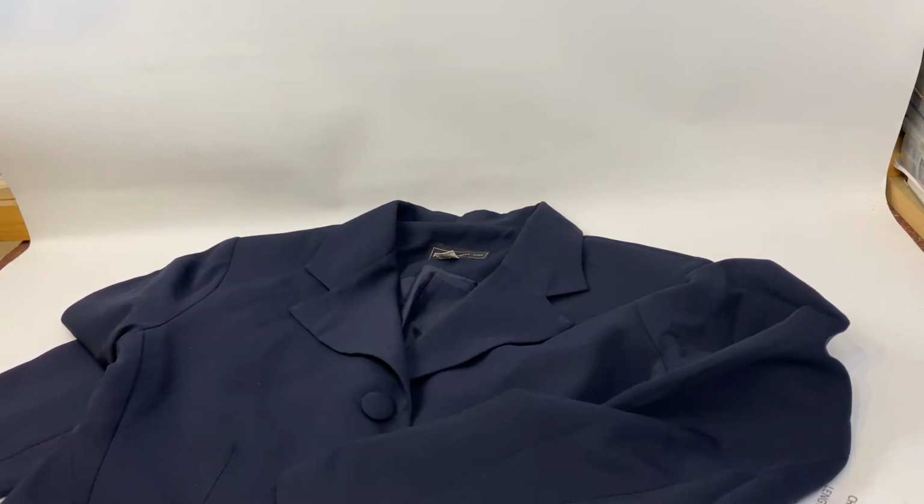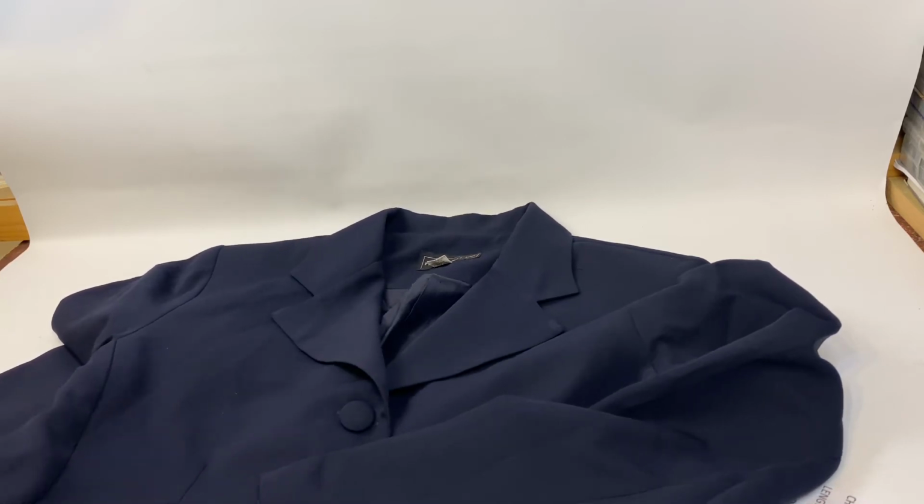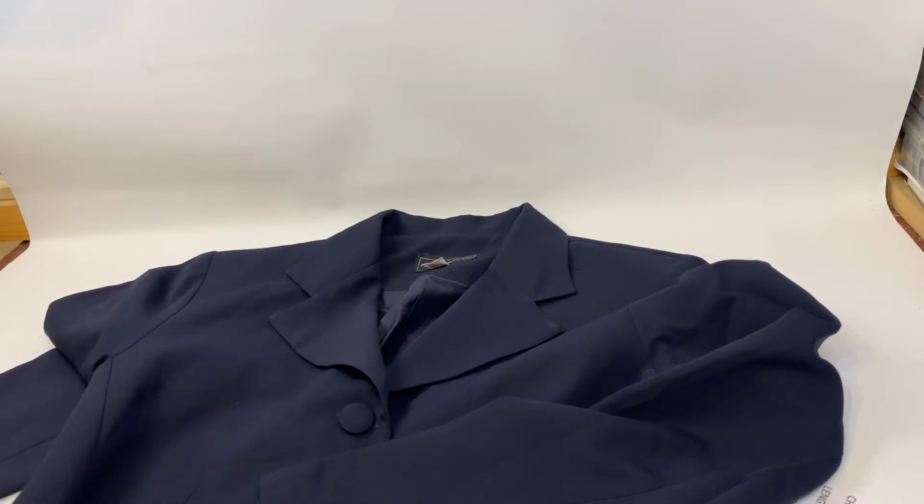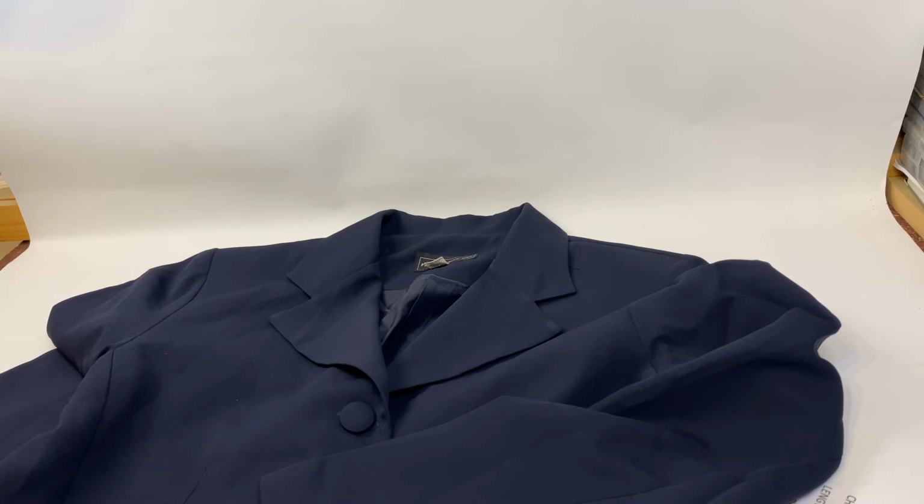versatile jacket as well. The good thing about getting a jacket like this is that they never date. I mean, you can have one of these in your wardrobe for years and years and years. Unfortunately, most of us change shape so much that they're not going to fit in years and years and years. But, you know, go and get a vintage one. Come to Grogy's Patch store and buy yourself a vintage